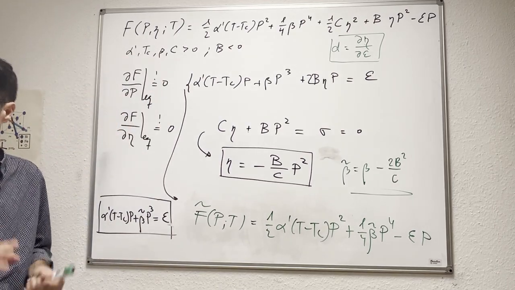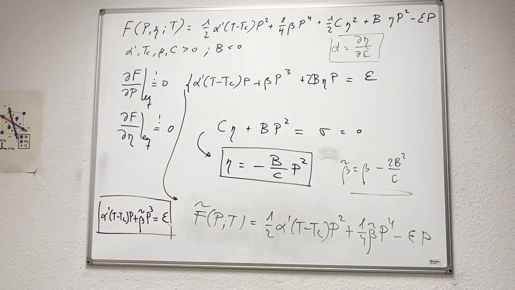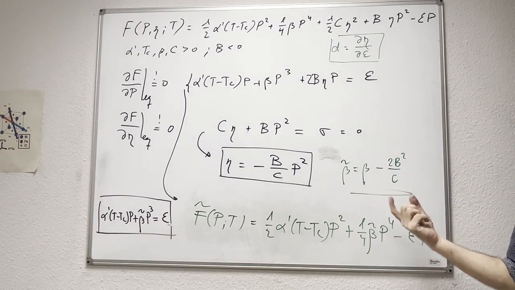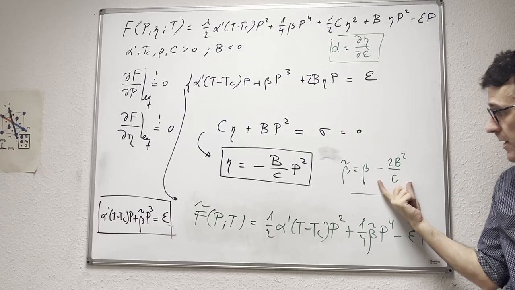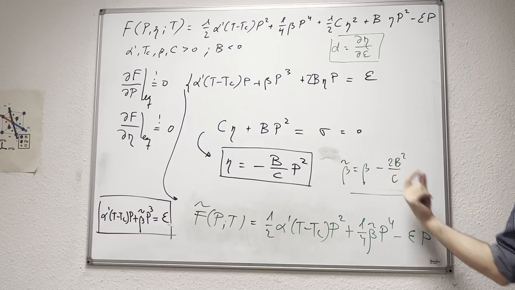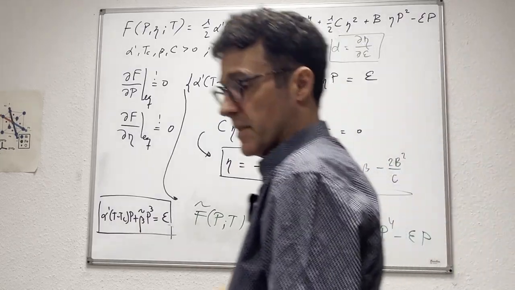A few comments here. If we compare beta tilde to beta, they are related in a very specific way. Because b is a negative number, but we have b squared, so it's positive, c is positive, the number 2 is positive, so beta tilde is always smaller than beta. So if we compare the energy wells,